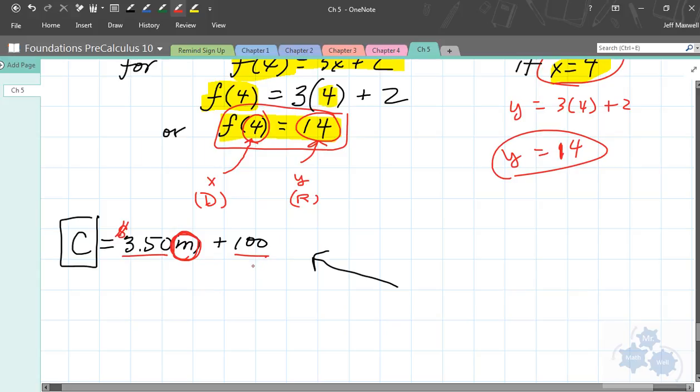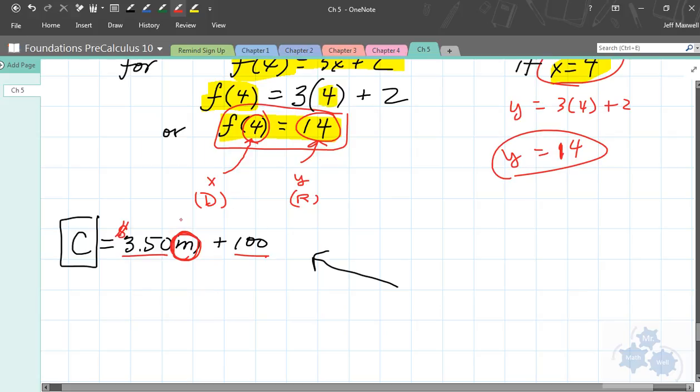Now, you wouldn't see this. It would be maybe labor per hour or something, but we're going to make a simple equation here. So if we have 1 meter of material, which you wouldn't, but if you did, how much would this cost? Well, it would be $3.50 times 1 plus 100, $103.50. If you had 10 meters of material, which is a little bit more likely, then it would cost 100 and